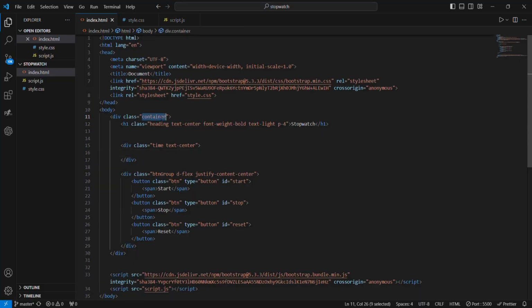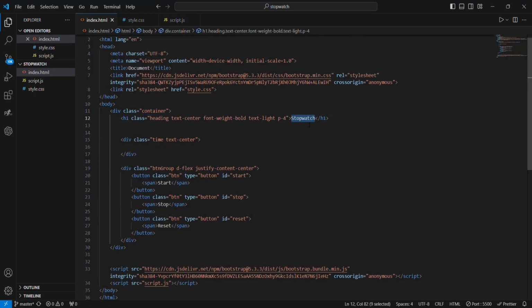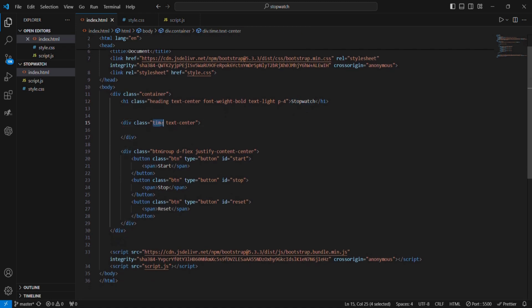Now in this HTML page, here is the main div with class container. In this container, there is the h1 tag with the heading Stopwatch. After this, there is a div with class time and the text-center Bootstrap class, which contains the time that is shown in seconds on the browser page. And after this is a div with class btn group, which contains all three buttons, namely start, stop